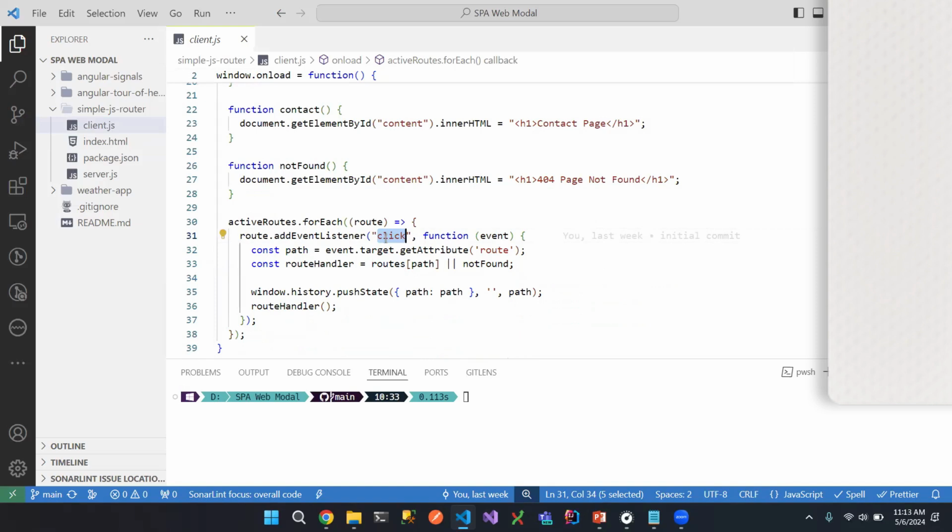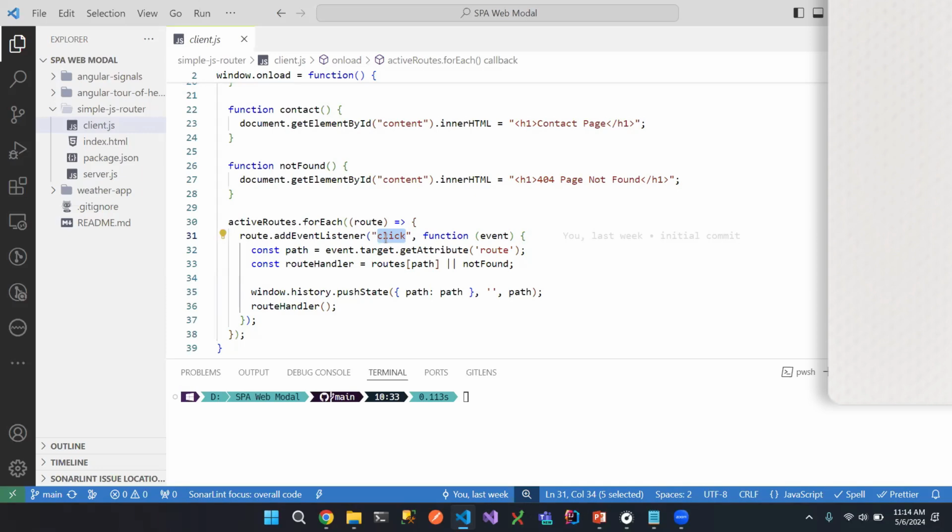Since this is not a JavaScript session, I'm not going to go into those areas, but if you don't know JavaScript, there are many events that can happen inside a web page. It could be click, swipe, mouse hover, things like that. We can listen to all those events using the addEventListener method,